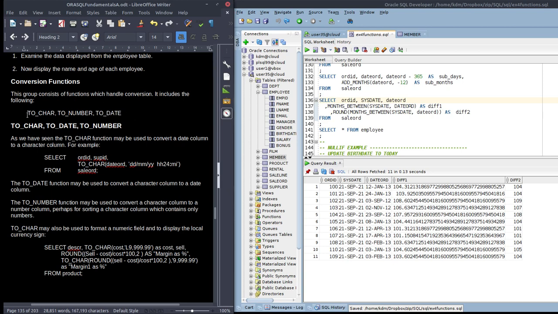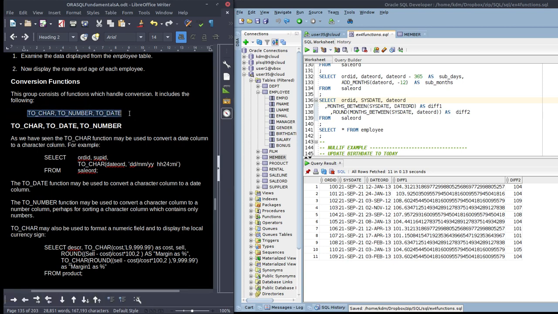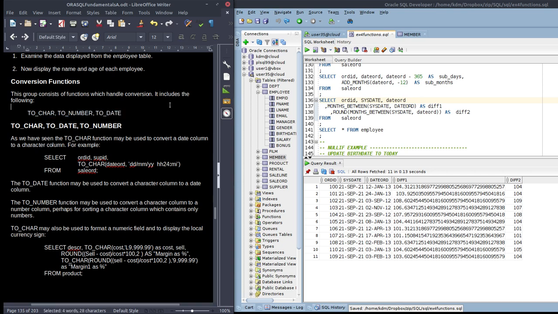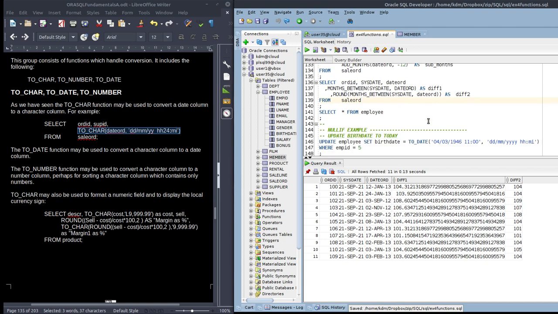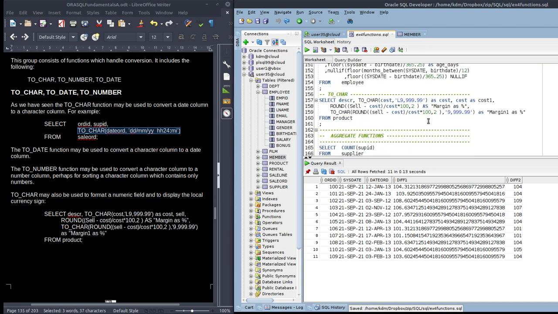There. We've seen to char to date. You've also got to number. So there's an example of to char, which we've seen several times, converting dates to character. And